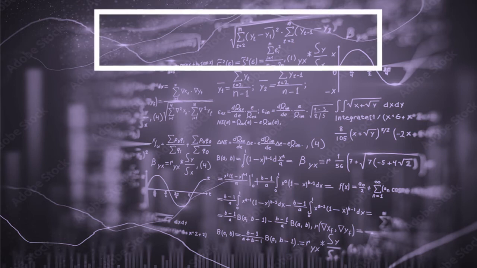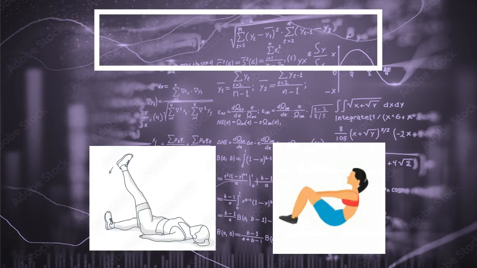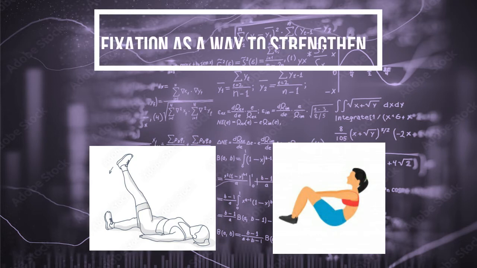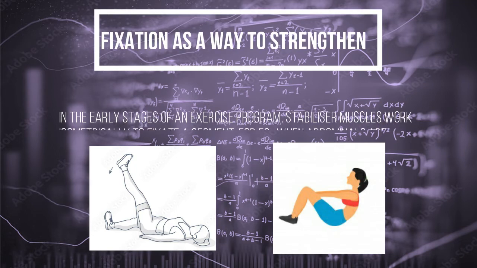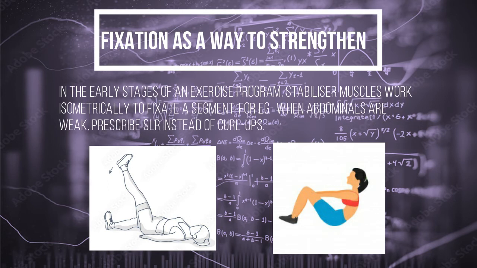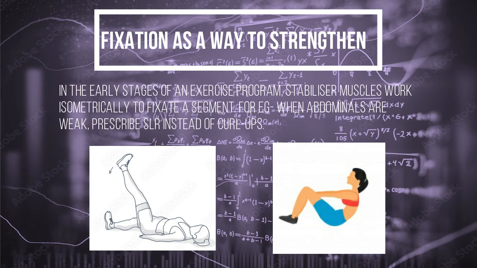Lastly, using a muscle as a stabilizer to fixate a body segment can be one way of strengthening it, especially in the early stages of a therapeutic exercise program when it lacks sufficient strength to perform movement. Stabilizer muscles work isometrically to secure a segment, so they exert force without movement. For example, if injured abdominal muscles are too weak or painful to perform an abdominal curl, they may be able to work during a straight leg raise. The abdominals exert force to fixate the trunk during the